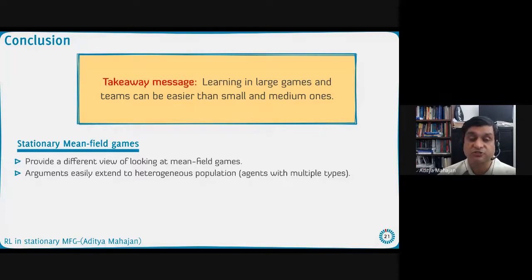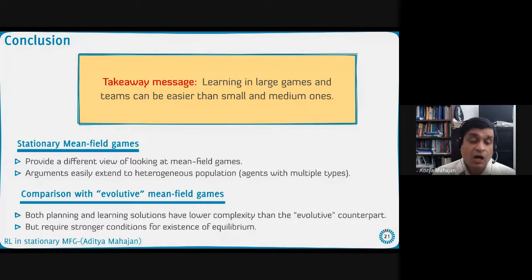So I can think of this as just a system with multiple types can be viewed as a homogeneous system where types are part of the state space. One interesting thing which I did not delve into, and there is not too much there in the literature about that, is the comparison between stationary mean field games and evolutive mean field games, borrowing the terminology from the previous